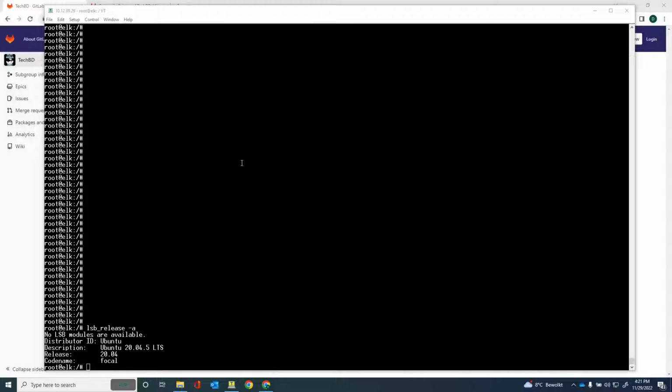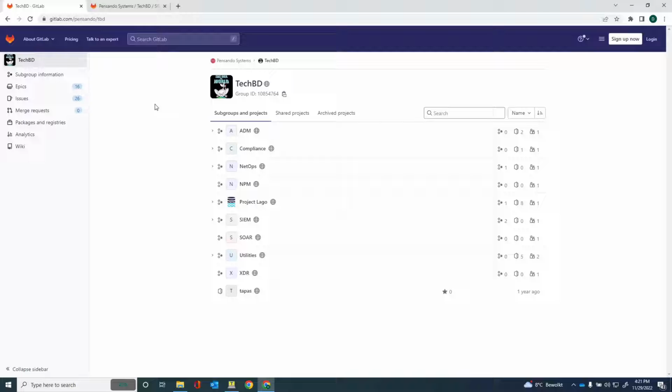I have installed an Ubuntu server from scratch. You can see the version running here, 20.04. On this server, I'm going to install the Elasticsearch instance. Now, the good thing about installing is that there is an extensive document available on how to get all of this up and running. You can find this in the